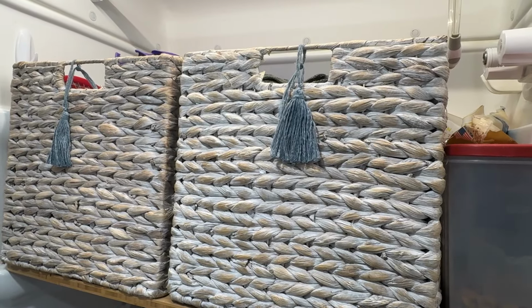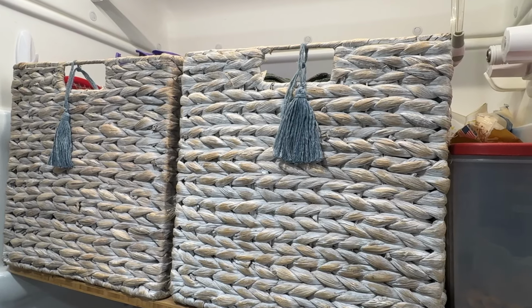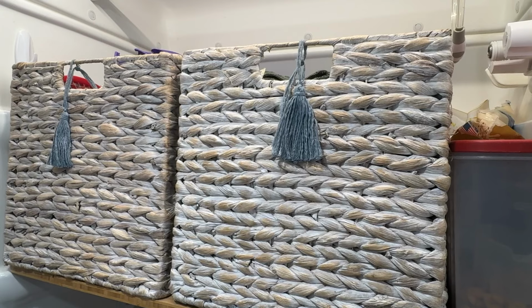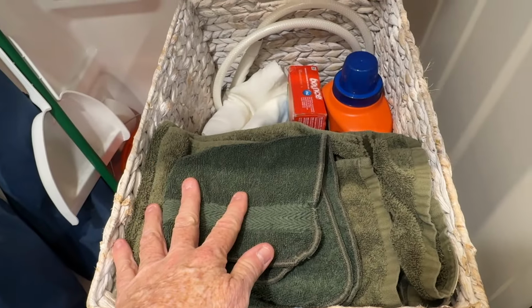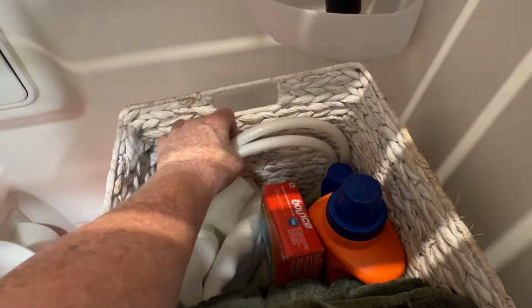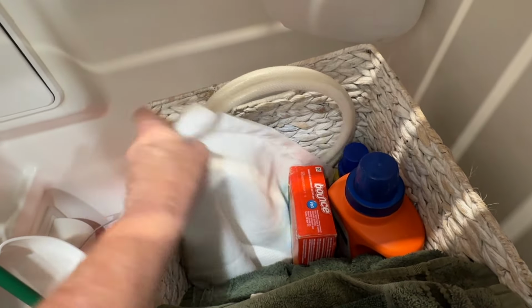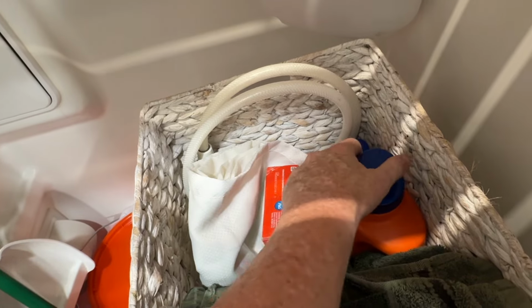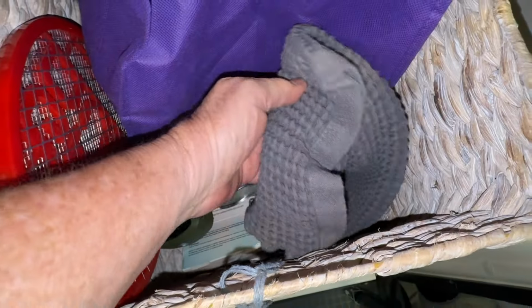I found these two baskets at Home Goods and they fit perfectly in the space. They are 12 inches wide by 15 inches deep and 12 inches tall. Here we house our bath towels, shower hose, curtain, laundry supplies. And in the other basket, we have some cleaning towels,